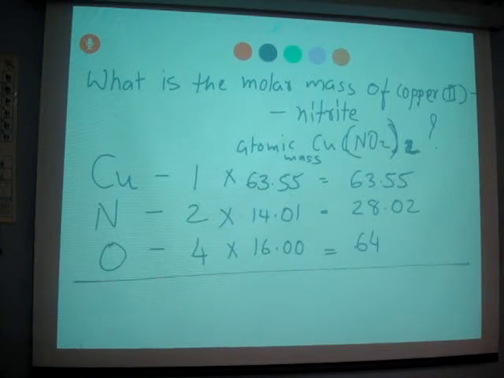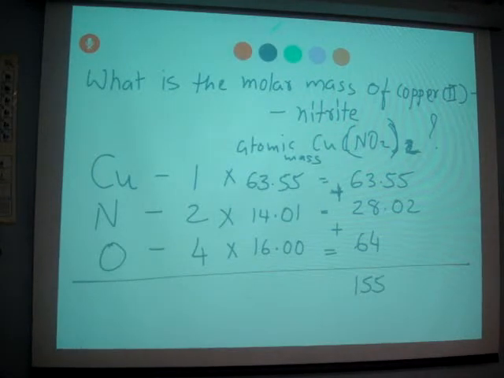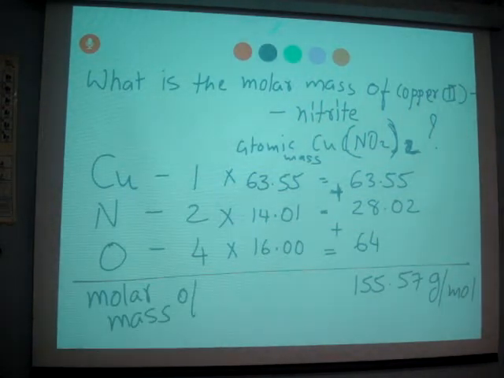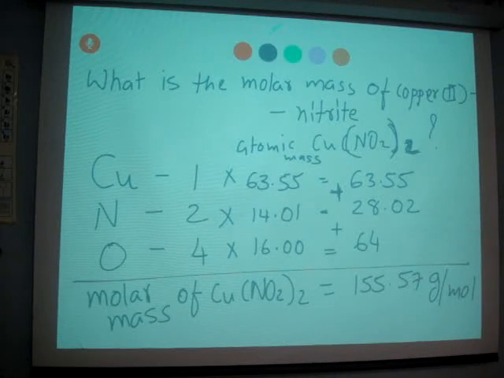Now we are going to add them together. These ones we are going to add. So you get 155.57, you can say grams per mole. That's the molar mass of Cu(NO2)2. So you can find the number of atoms, multiply by their atomic masses, and then you can add them together to find the molar mass of